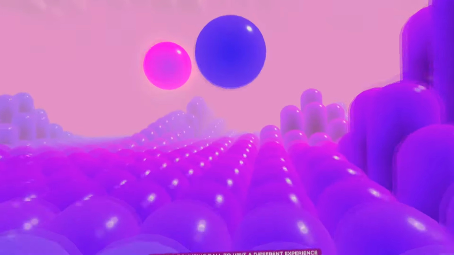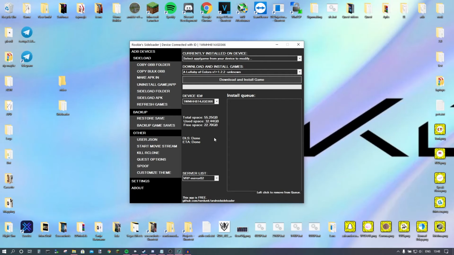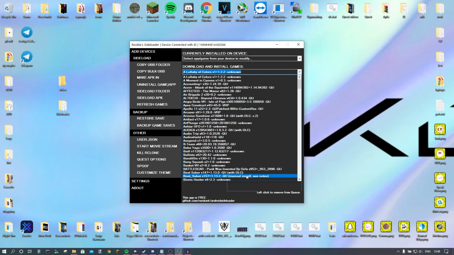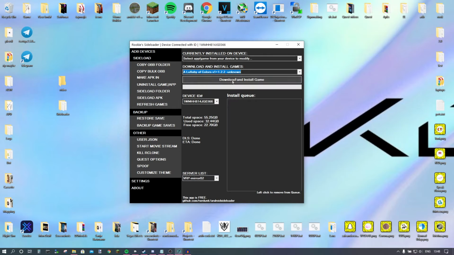So yeah, the game works, and you just installed your first game with Rookie Sideloader. Alright, so you just learned how to automatically install games with Rookie Sideloader. Now you're going to get into games that require a manual install, like, for instance, our current version of TIMESTAMPS 1.13.2. Now, in order to get these game files on your computer for manual install, you're going to need to